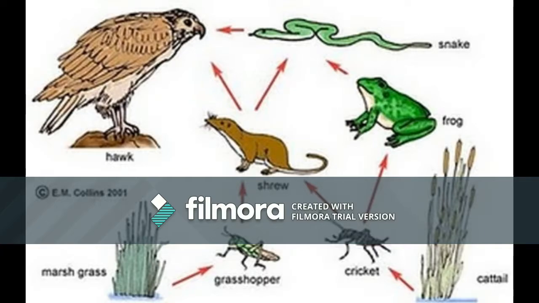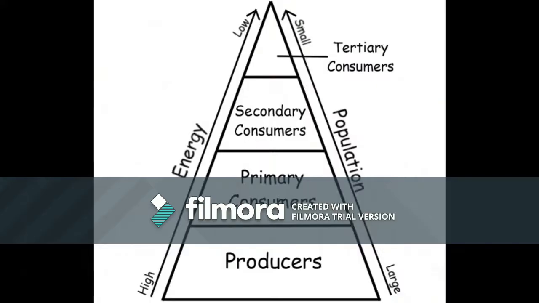Another part of ecology is food webs. Food webs show the transfer of energy between animals. The arrows show what animal is being eaten, like the arrows in this diagram. In this web, we can see that the snake eats the rat and the frog. Also shown in this diagram are the different sections of the organisms. The four sections are producers, primary consumers, secondary consumers, and tertiary consumers.